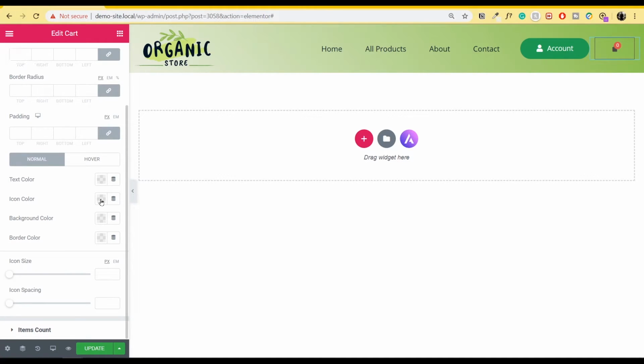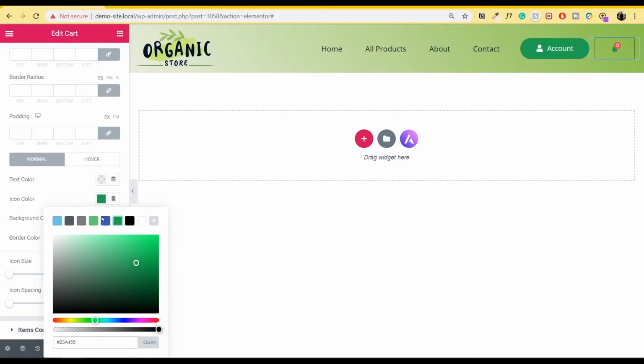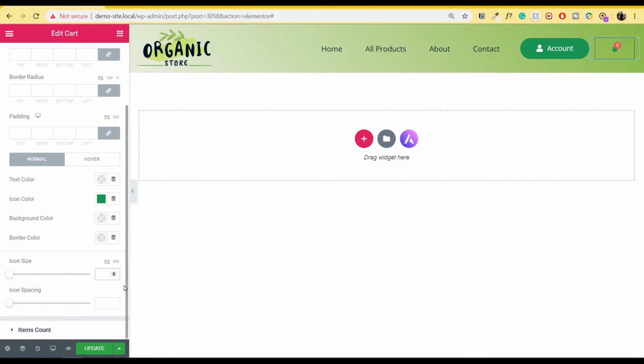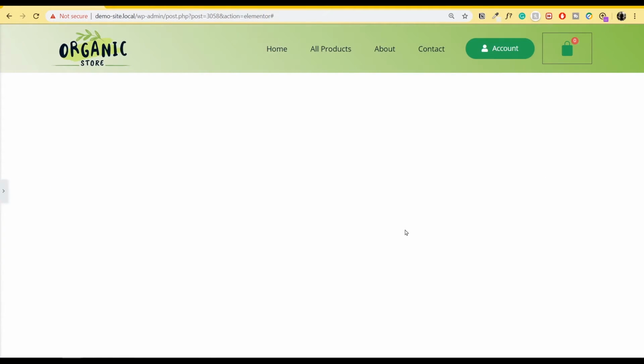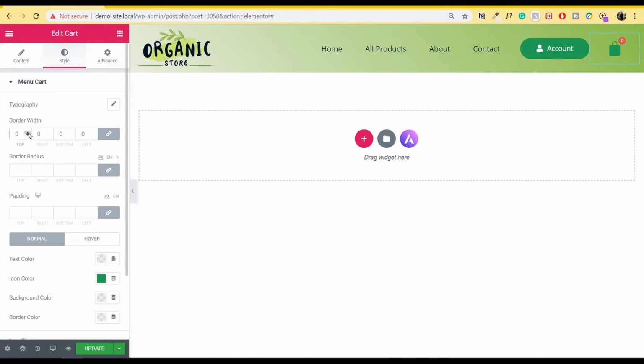So let me first change the icon color. Again, I'll change the icon color to this dark green and I'll increase the icon size. So let me try 25. Let me actually increase it to 35. I'll hide this panel to see how my menu looks right now. So it looks good, but I still have this outside border. In order to change the border width, I actually have to take it to 0 because the default width is set to 1. So right now, as you can see, this item has a lot of padding on either ends. This is again coming from the default settings. So what I can do is change the padding to 0.